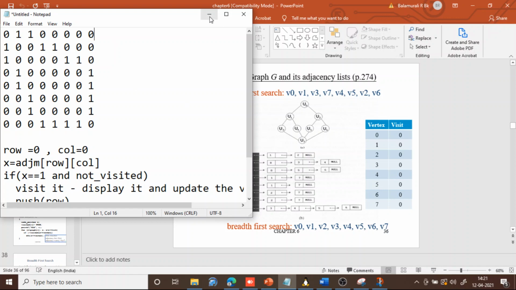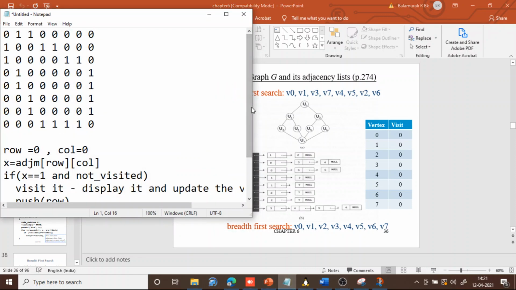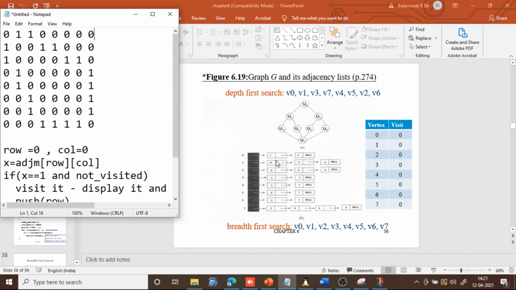So you can think of it further and you can write. It is actually similar to the adjacency list itself, but in an adjacency list, wherever there is a node, only that node we have. If there is 0, that is not represented there, but here 0 is also represented, 1 is also represented. And here also we push the appropriate adjacency list into the stack, but here you have to push the appropriate row into the stack. Whenever you push the row into the stack, the current row will become the current column, and the column will become 0.